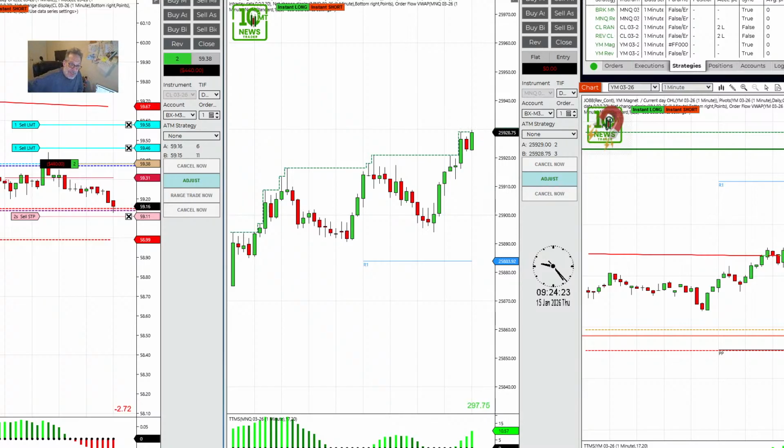But I'll tell you something. I'm not stopped yet, but I'm not moving my stop because that low of the day is too much of a magnet. The stop's big enough. It's going to hit the low. If it hits the low, if it stops me out, I'm taking a short for a test of the low. It probably should be closed out, to be honest.